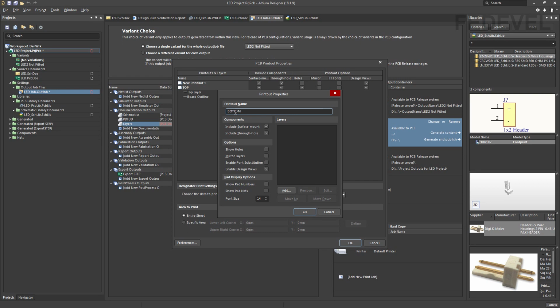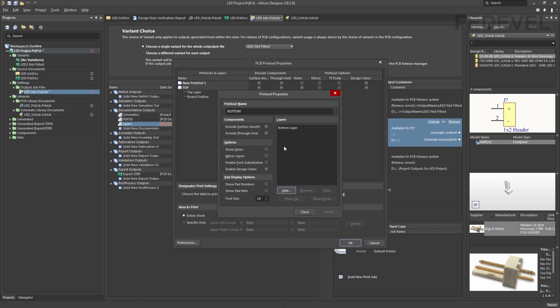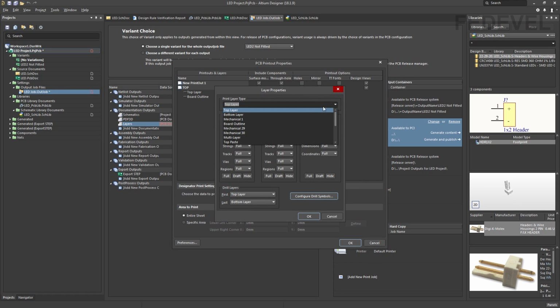And on this next page, we would like to have the materials which we will need to manufacture the bottom layer of our PCB. So we would like to include what layers? The bottom layer. So left click on add button, left click here, left click on bottom layer. Leave everything as it is. Later, if you like, you can play with these settings, but for what we need, leave everything set to full. Left click on OK. And also we would like to see the board outline, so you know how to cut out your PCB. Left click on add button, left click here, and left click on board outline.